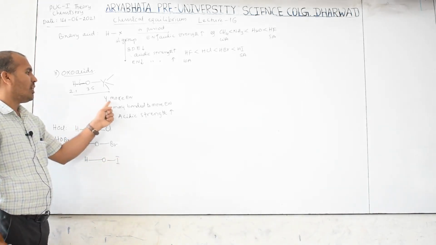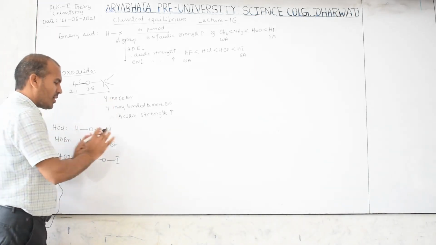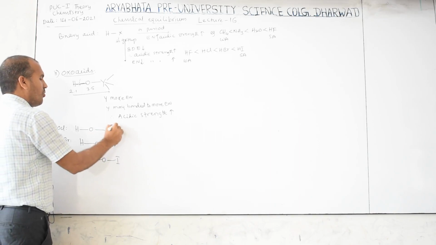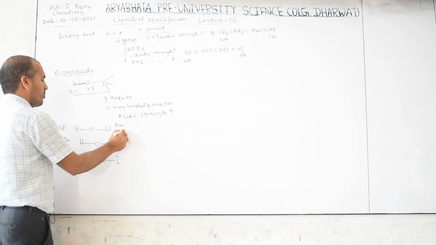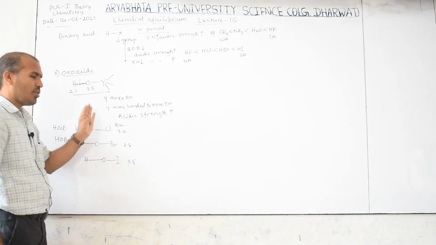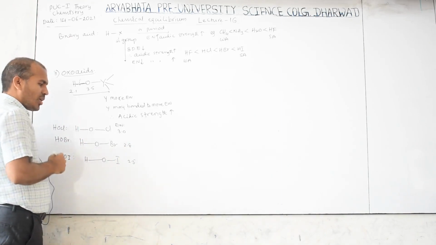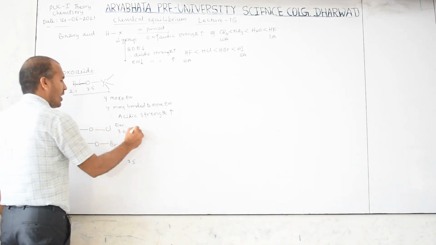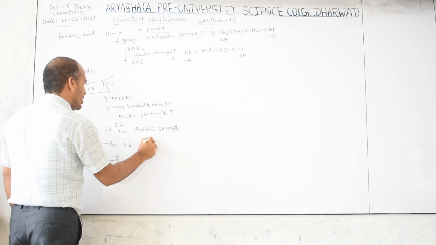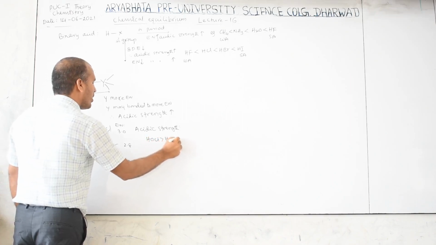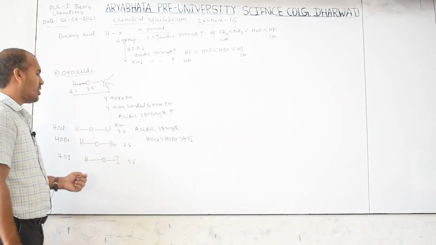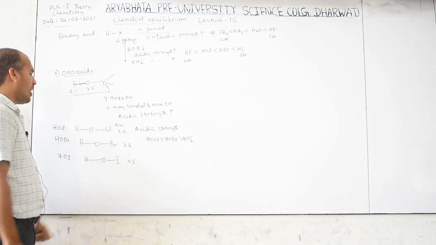Keep in mind Y should be more electronegative, then electron density is attracted in this direction. This is more electronegative, this is less electronegative. If you consider, this electronegativity is nearly 3, this 2.8, this 2.5 roughly. Otherwise you can check the periodic table chapter, where their electronegativity values are given. Which is more electronegative? This is. Therefore acidic strength: HOCl is greater than HOBr, then HOI. When polarity increases, it easily loses the H plus ion and easily gives H plus, therefore it is more acidic.